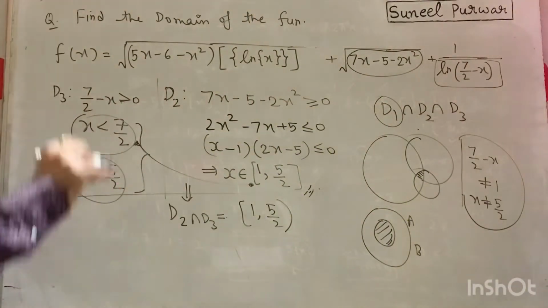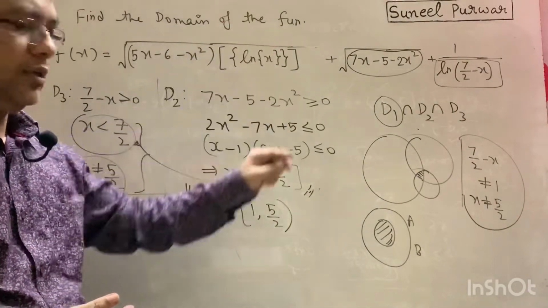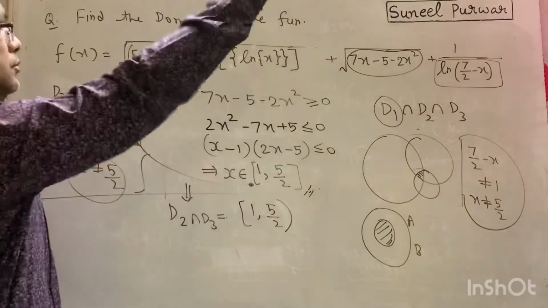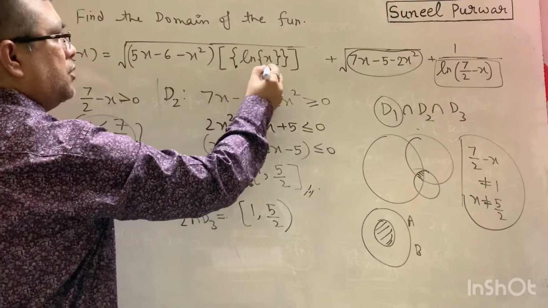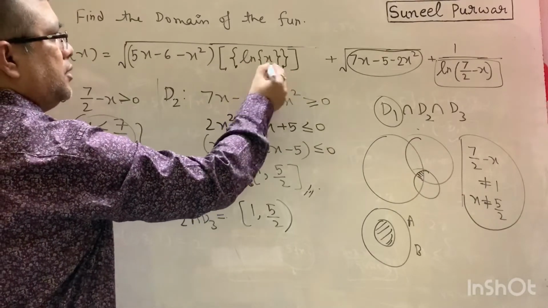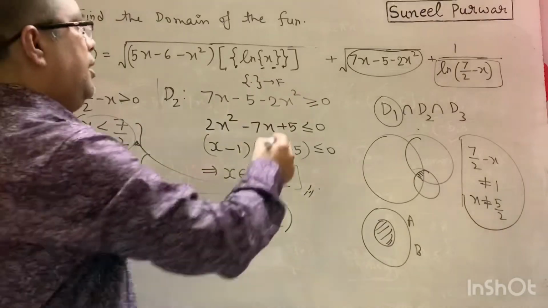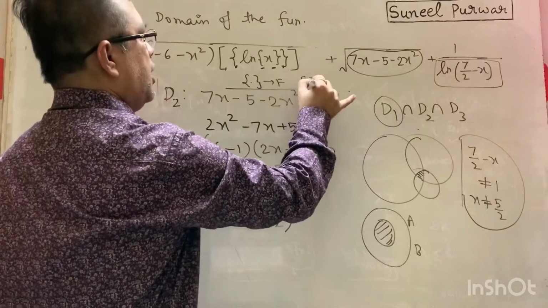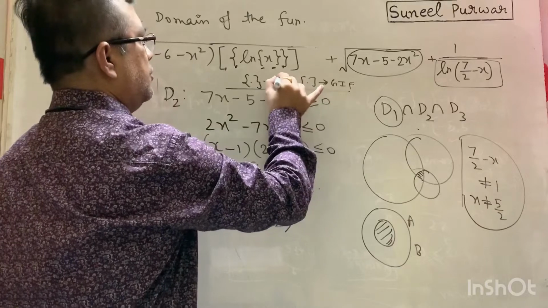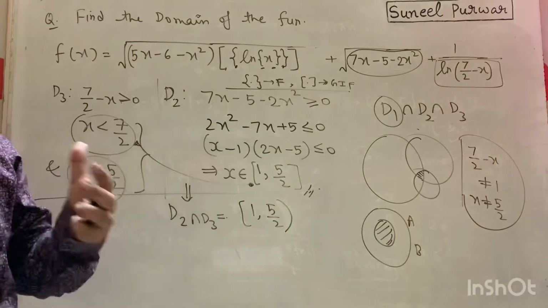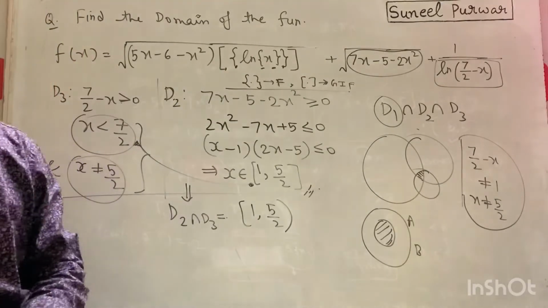So if you now concentrate on this first component of the function to find D1, this is a fractional part, this is another fractional part, so there are two fractional parts, and this is the greatest integer. This is your fractional part and this square bracket is your greatest integer function. Then only there will remain some punch in the question. Otherwise, it will be a dead question, if these brackets are normal brackets.